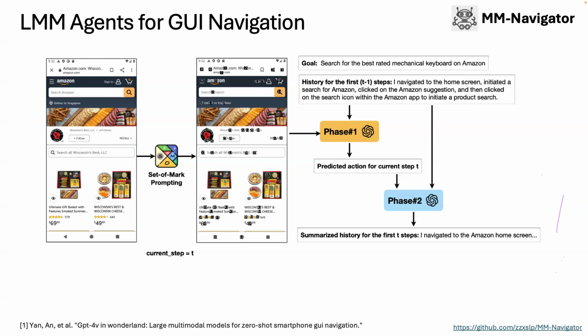Once it predicts the action with the associated tag, we also have a phase